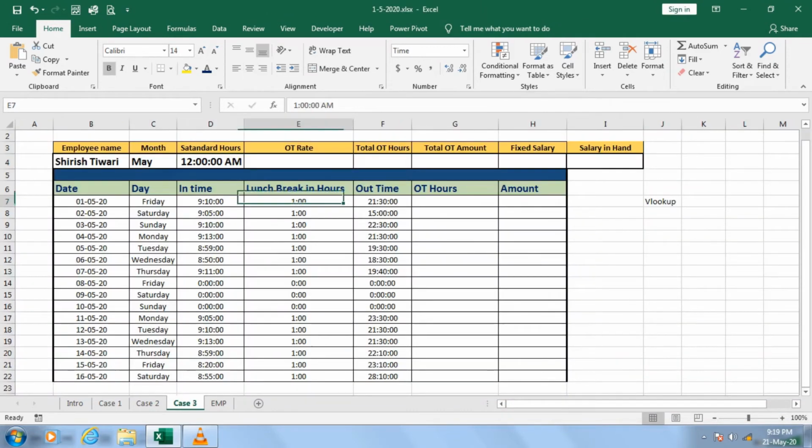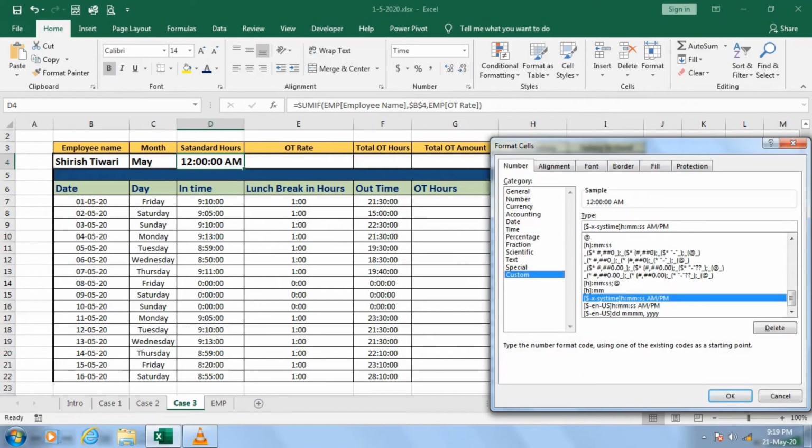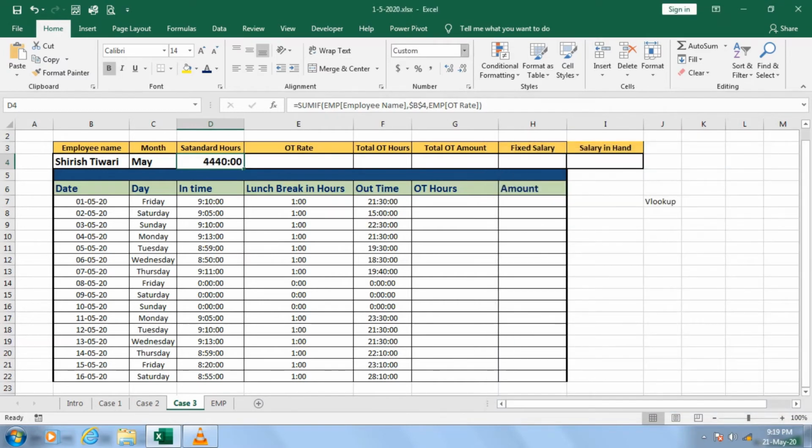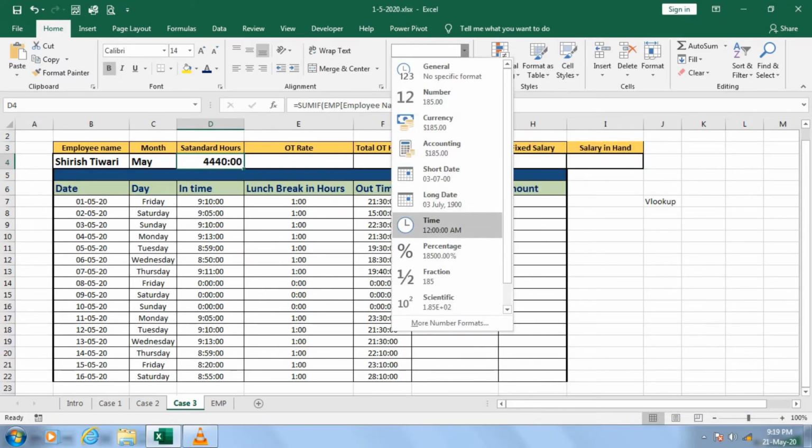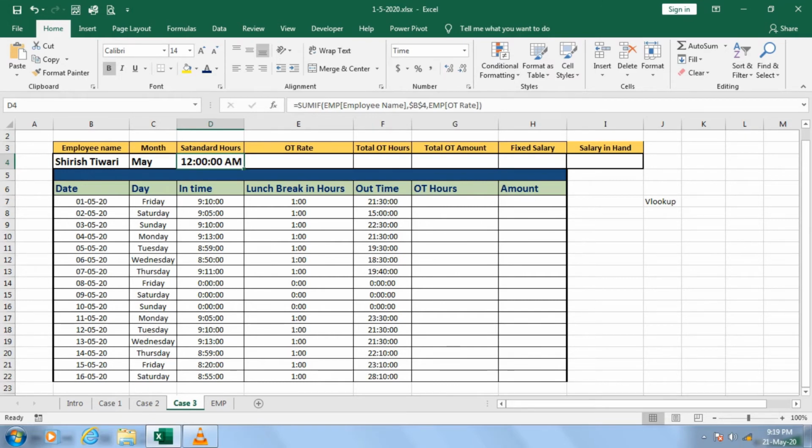Let me convert this standard hours also into the same. Go to your custom format, hours and then minutes, and then convert into the time option. Let me do it once again.